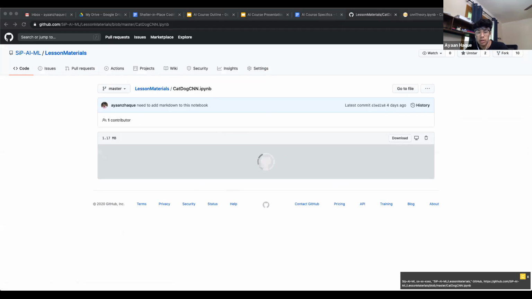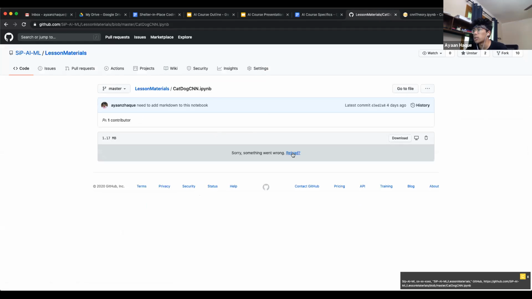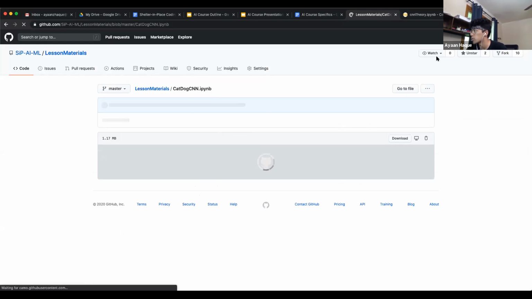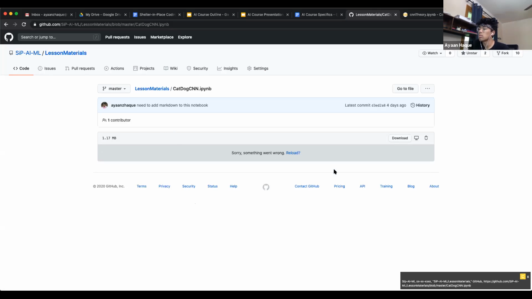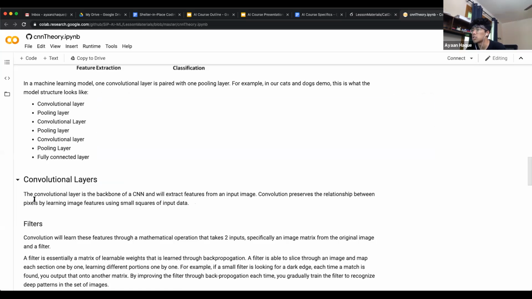I'll put this in the Slack, but in the meantime, what you guys should do is quickly go over to the GitHub and try to reload it. It should work after a few times. It is a little bit big, but it should work. Okay, it'll work for you guys. So just open that, and then